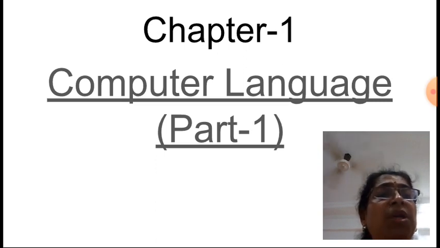See, whenever we want to give instructions to the computer, we are giving the instructions in English language, in certain manner, in certain steps. Those steps are called program.